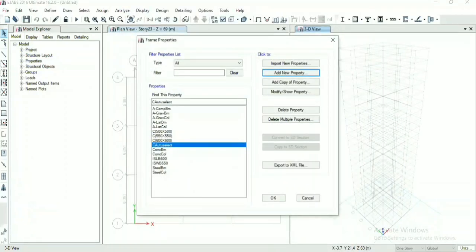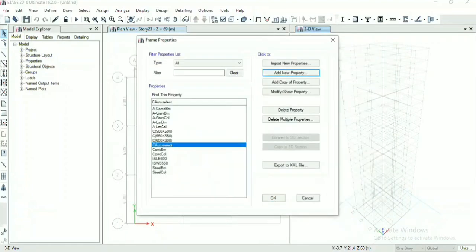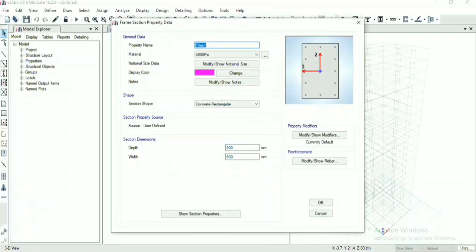Finally, we define for beams. Add new property. Take concrete, B, 500 into 300. Material M40. Depth and width as 500 to 300.